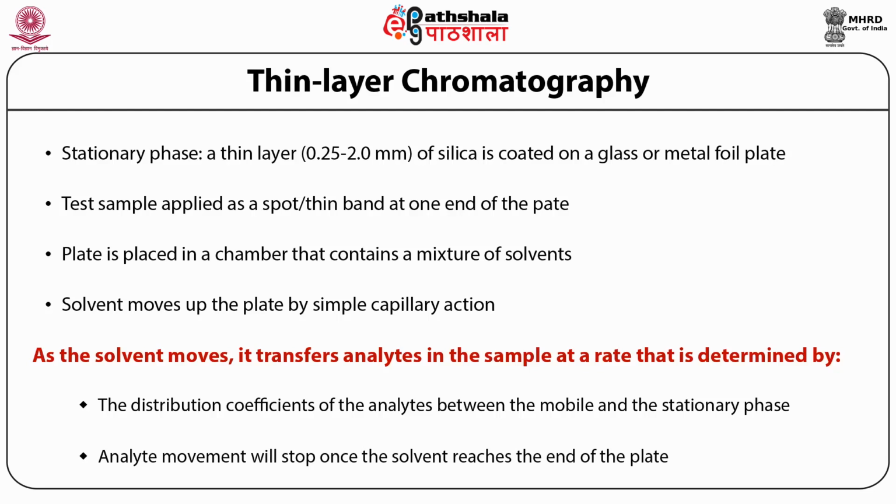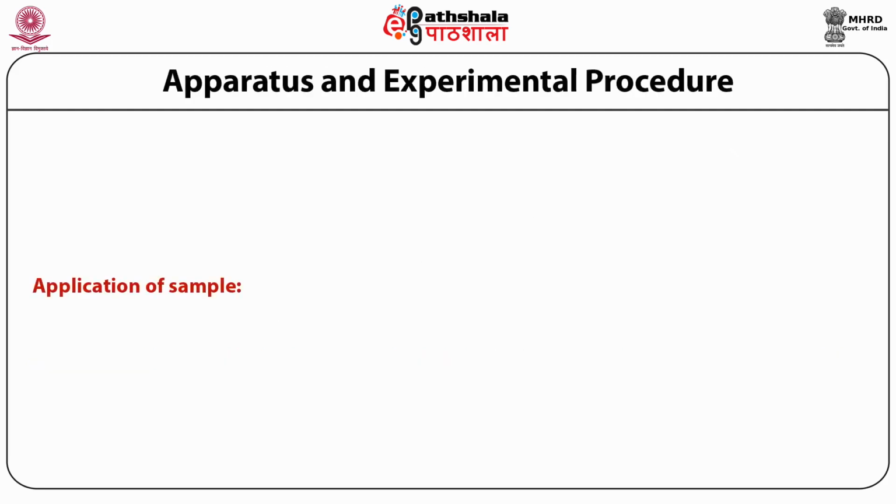So by distribution coefficient, we mean that since the more polar solvents will adhere to the polar adsorbent silica stationary phase, the non-polar ones will bind with less affinity to the adsorbent phase. The non-polar ones will move faster if the solvent system is non-polar, while the polar molecules will move slowly on the TLC plate. So here you see the different steps that are done in order to start running a TLC plate.